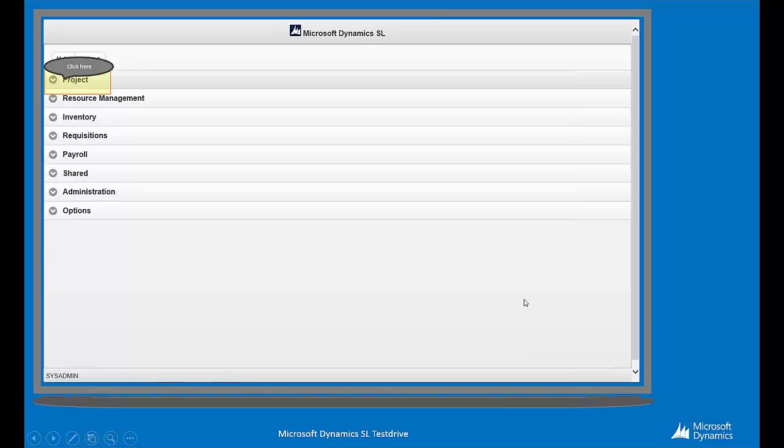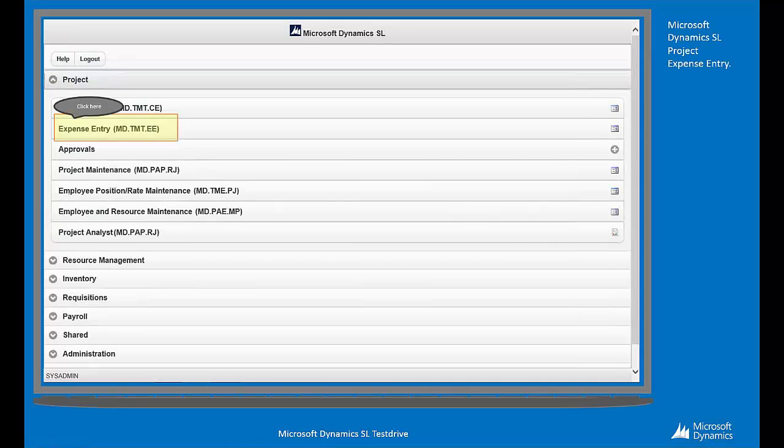Okay, so here's what the home menu looks like. These are the menu options that I have available to me through web apps right now. I'm just going to click here to go to project. And under my project menu, I'm now seeing the different menu items available under project. So I have expense entry, time entry, approvals, project maintenance if I wanted to set up a new project from here, employee position rate maintenance, and project analyst. Some new things, just so you are aware, we have resource management now, so project resources and utilization, inventory,